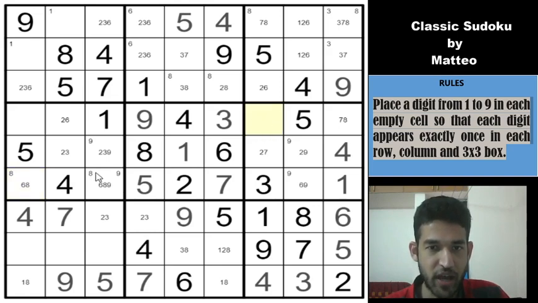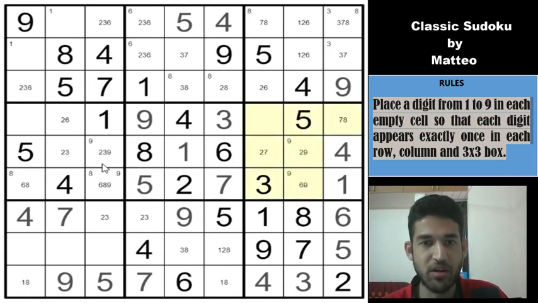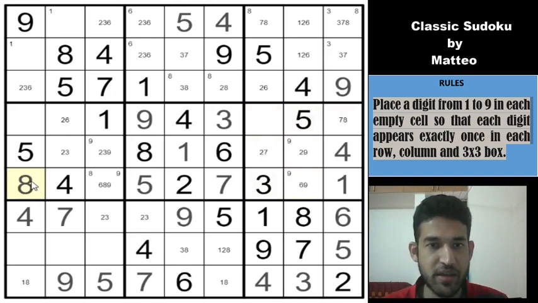Maybe we could have if there was no 6 in this cell, because then 6 will be in one of these two cells and 6 will be in one of these two cells, right? And which means that we could have eliminated the 6 from here. Okay, but still you can use this logic now. 6 is not in this cell, right? Because if 6 is here, we don't get any 6 in box 6, which means that this cell will be 8. So let us see if this is helping us.